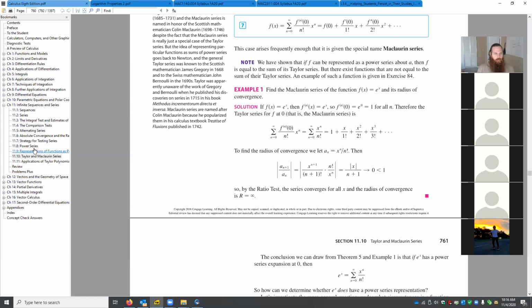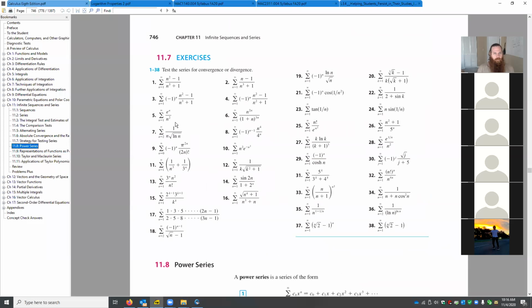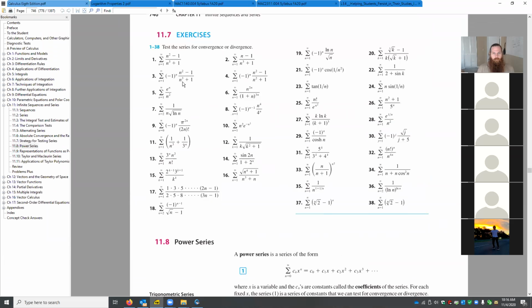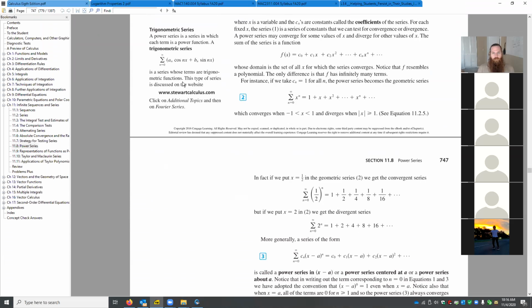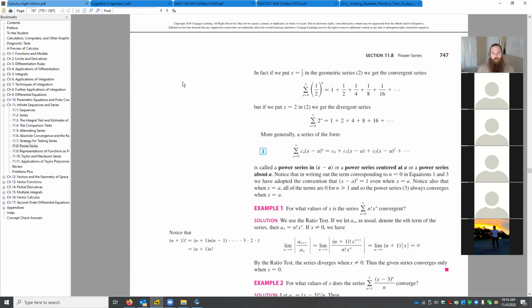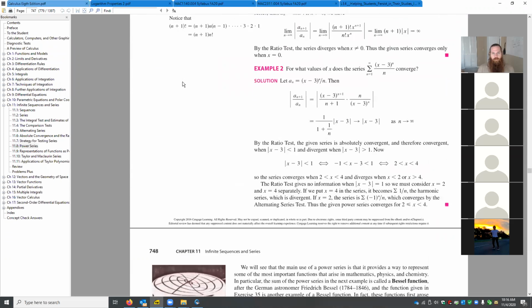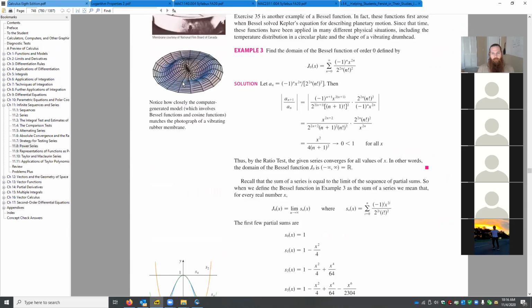In section 11.8. Those are 11, 7. So they start with the example we started with there, talking about geometric series. But